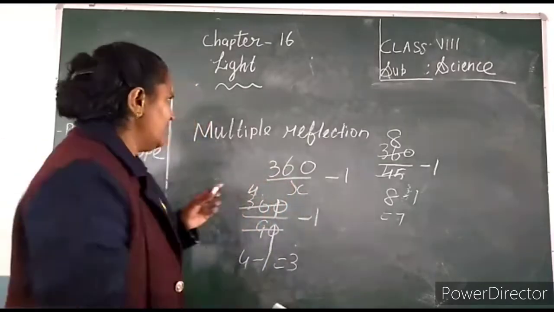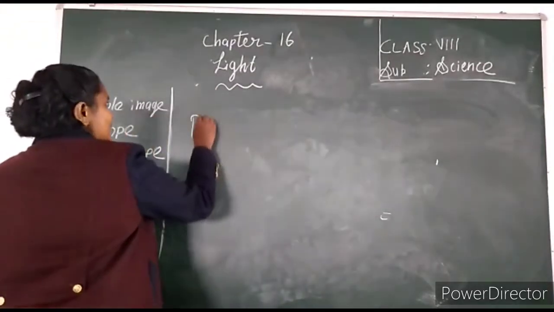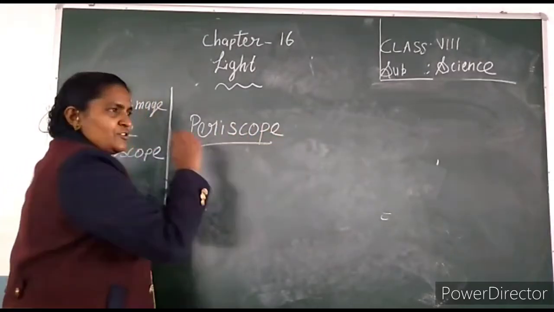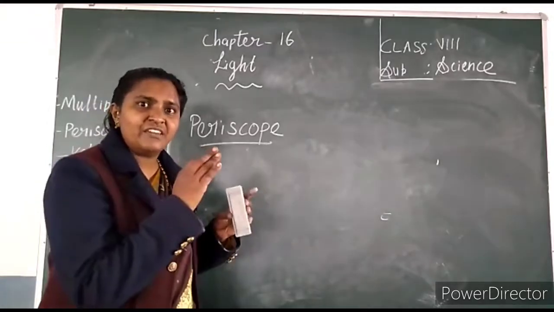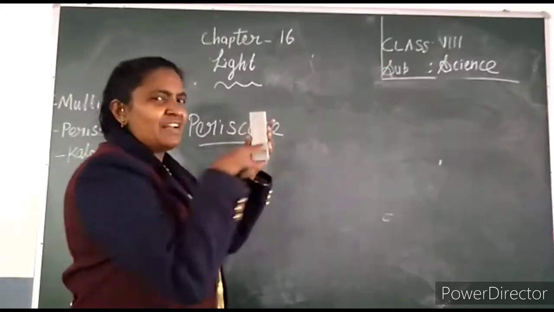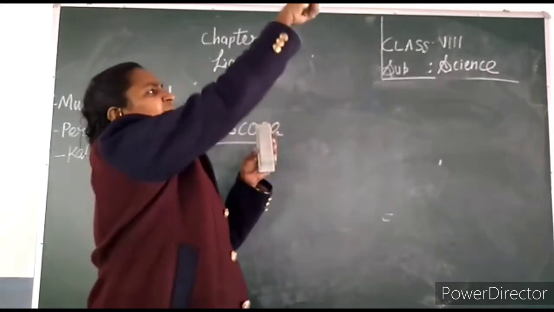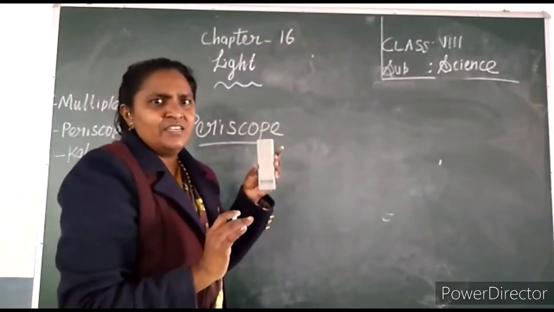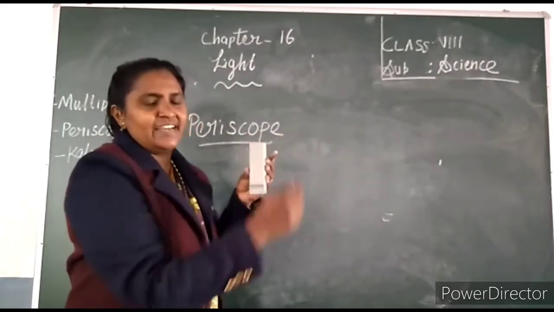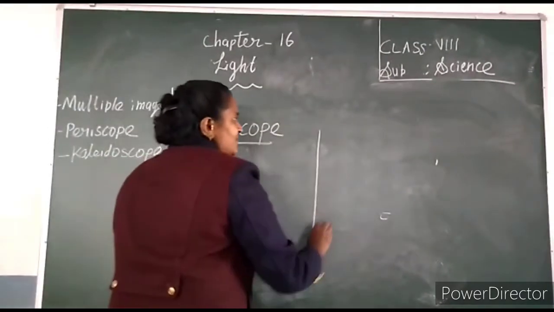Here I am giving 2 examples. The first example is the periscope. What is the use of a periscope? It is used to view and see faraway objects which are away from our line of sight. Maybe it is at the top or down position, not in your line of sight, somewhere else. It helps us to view the faraway object which is away from the line of sight. Understand? And what is the procedure?